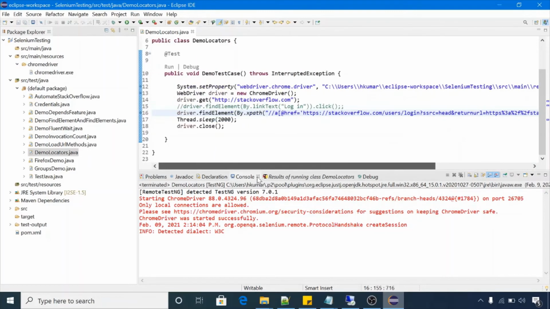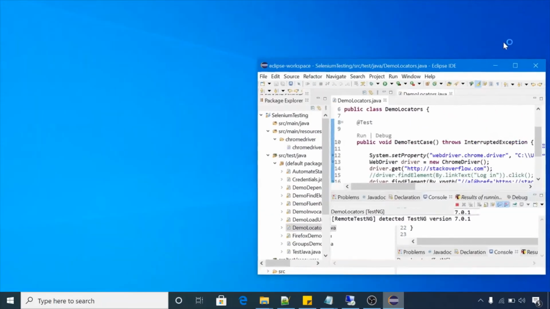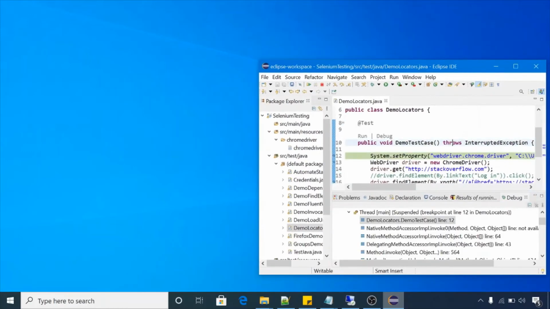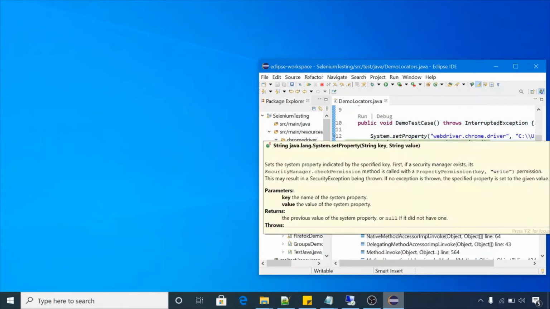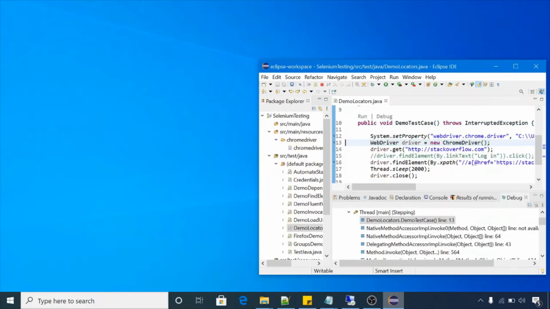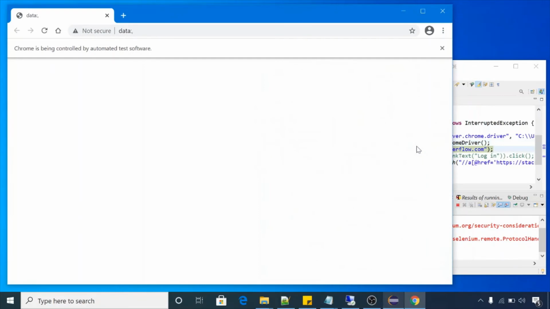So let's debug this application again. Press F11. So the pointer is here. Press F6. The system property is set. It will create one driver object of ChromeDriver and it will launch the browser. Yeah, it's launching the browser.